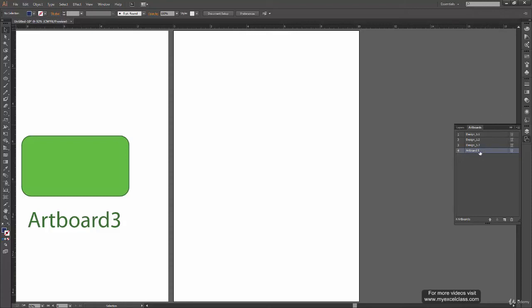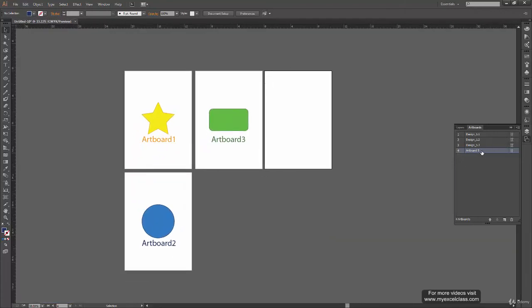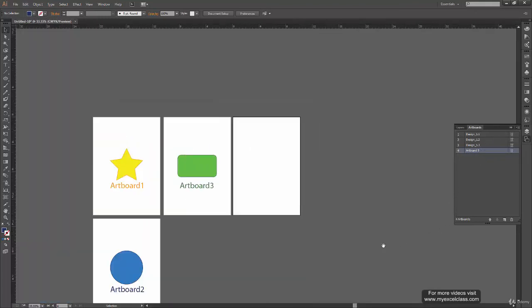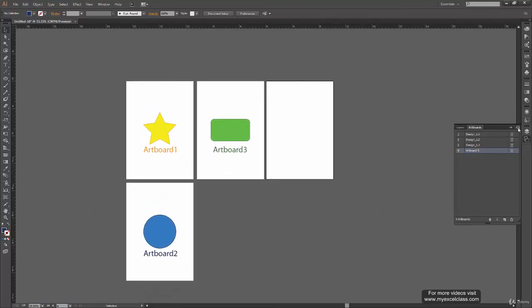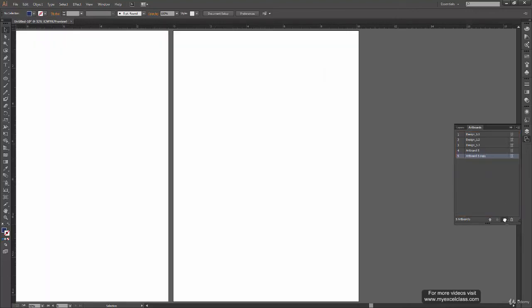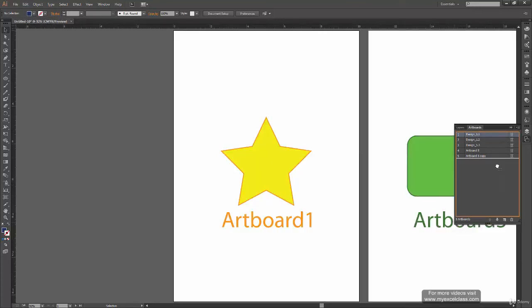As simple as that. I'm going to zoom out over here, and what I will do now is duplicate this artboard 5, the newly created artboard. So click on this icon and duplicate artboards. So it duplicated the artboard with the name says artboard 5 copy. Yeah, there is another way to duplicate the artboard also. Let's say if I want to duplicate design 1.1, so you can click on this, drag it and drop on a new icon.